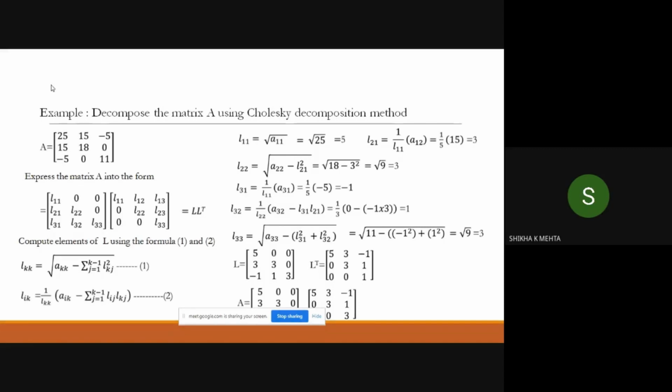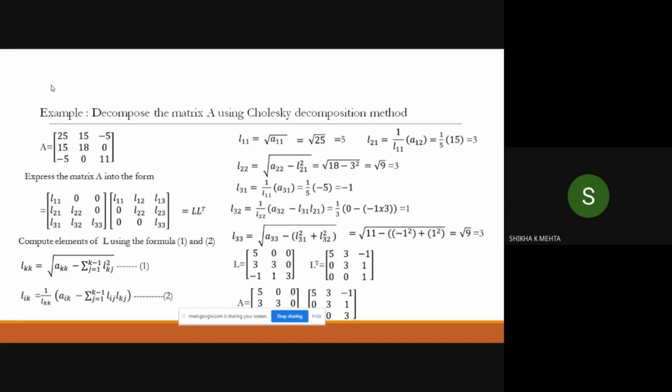Here you see the first value, that is L11. Here it is the square root of A11, as we saw, because in this formula j is equal to 1 to 1 minus 1, which is 0. So nothing will come in the second part. We will simply have A_kk. So here L11 is equal to the square root of 25. That gives us 5. Similarly, we compute L22. L22 is the square root of A22, and A22 is 18, minus